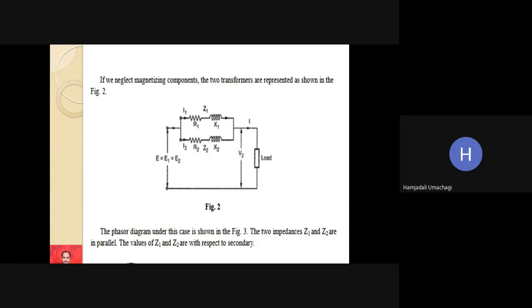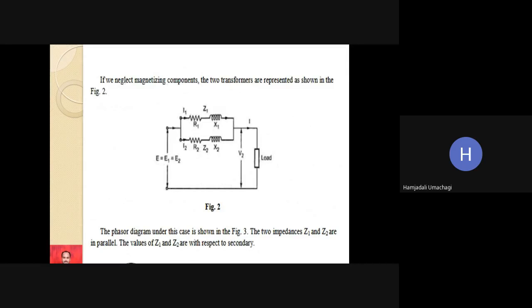At this point we have one transformer, and at this point we have another transformer. Both are connected in parallel. And once again, this is the load terminal voltage. So the load terminal voltage we have to take as reference for our phasor diagram. So V2 we are taking as reference. From the tip of V2, first we will take the drops I1 R1 and I1 X1. The combination of I1 R1 and I1 X1 is I1 Z1. So from the tip of V2, first we will indicate the resistive drop, then the reactive drop. Okay. So take V2 as reference, then